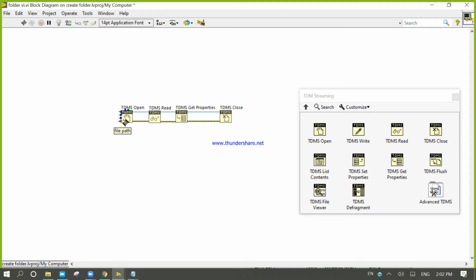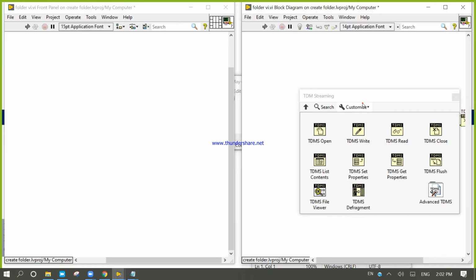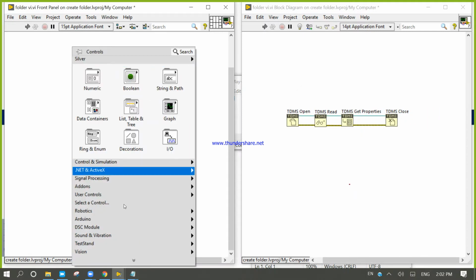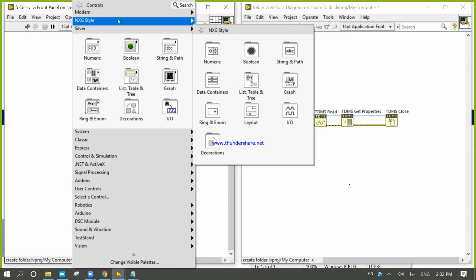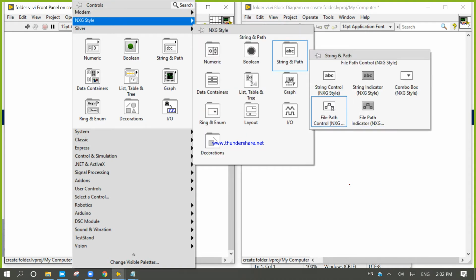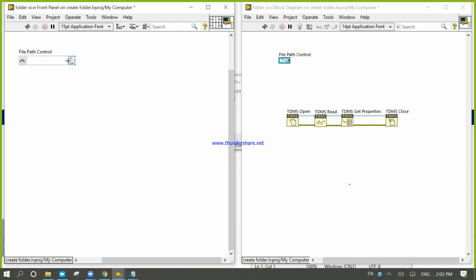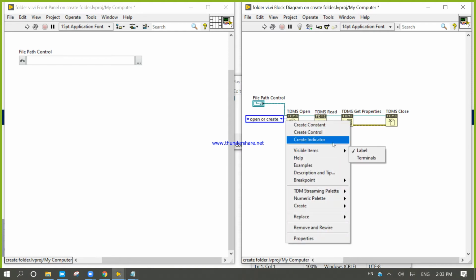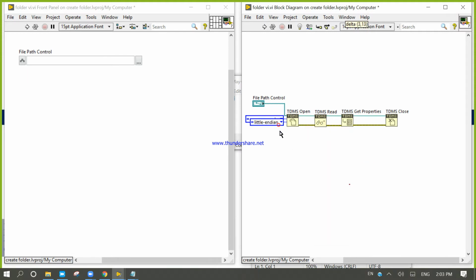Operations, open, or create, whatever. Now right click.